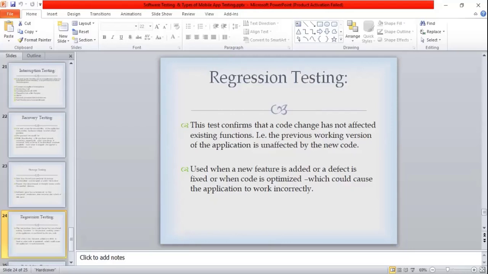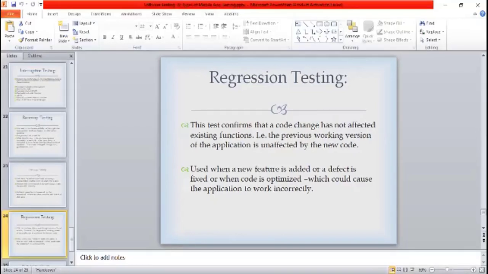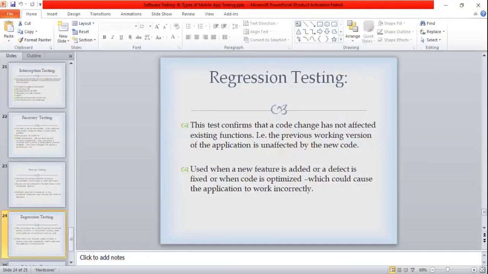And we have added login via phone also, and we'll test it. Which feature have we added? Login via phone. And it should not affect the email and password. After adding this, it should not affect that. That is regression testing. It checks whether it is working as before, and whether any defects are there or anything is incorrectly working. All this testing is done by regression testing.